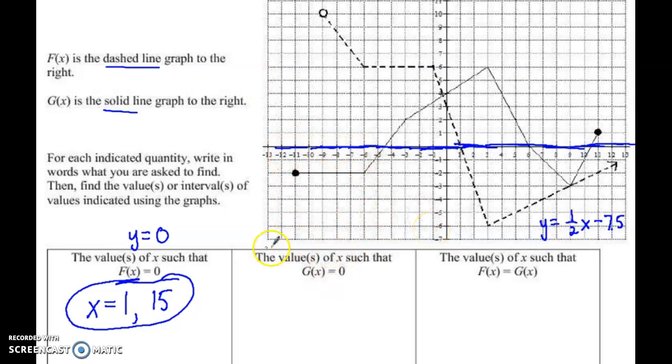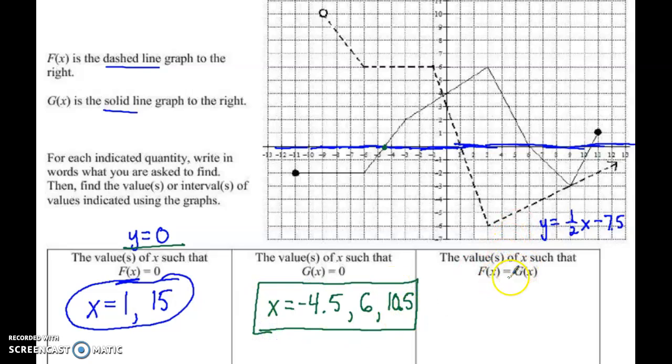Really it's the same type of equation, like y equals 0, except now we're looking at where the solid line hits. I think it's pretty clear that it's negative 4.5 there. Nothing to the left of this, but it crosses again at x equals 6. And then one more time, I'm going to just assume that that's 10.5. We could verify. We could work it out. So negative 4.5, 6, and